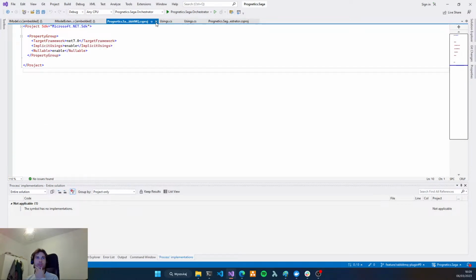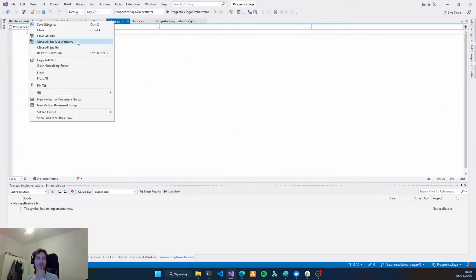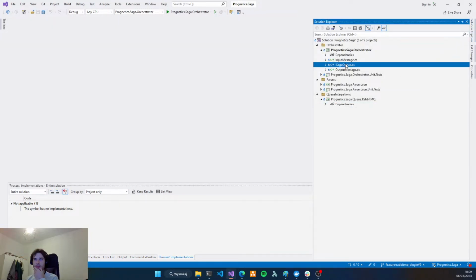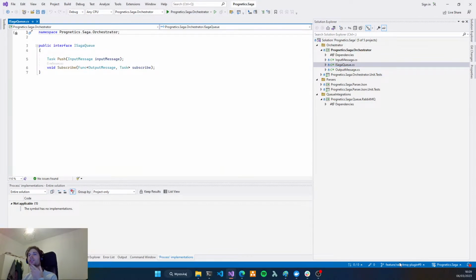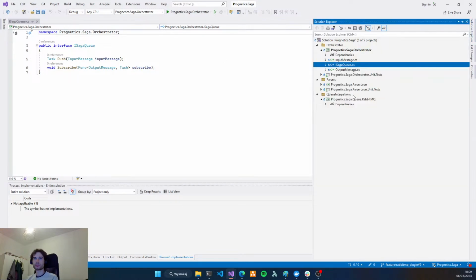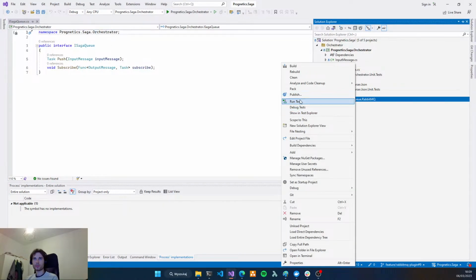I think it will be better if I start from scratch. So let's go to, yes. We have our branch already, RabbitMQ plugin, and today's work will be done here in the RabbitMQ project.